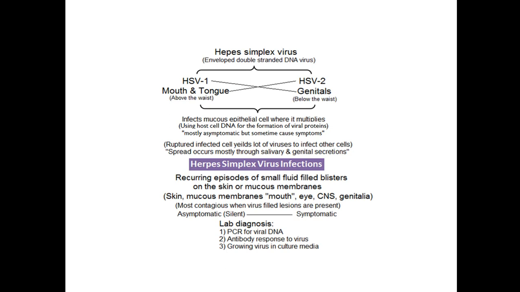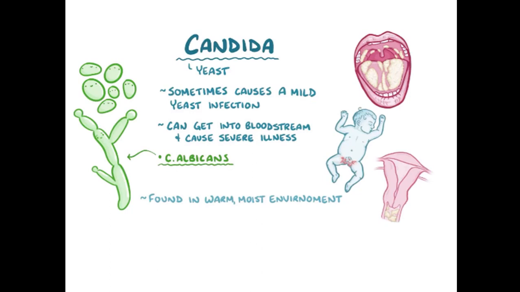How do we diagnose? By the look and history of the patient, and we can do PCR for the DNA of the virus and antibody response to the virus, in which we have a prepared antibody in a serological test, and when we inject this antibody into the person, if he has the virus, he will give us a positive reaction. And virus growing in culture media, I think these facilities are still not available here, and we are hoping for the future.